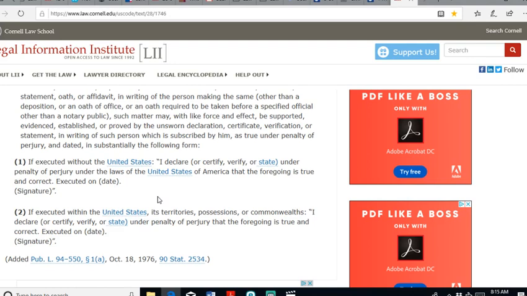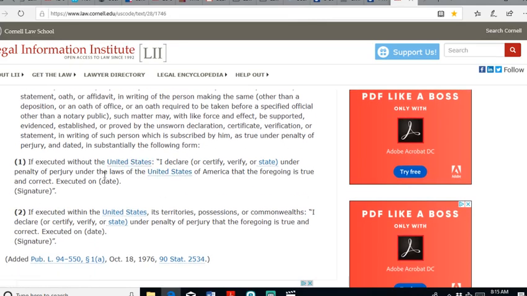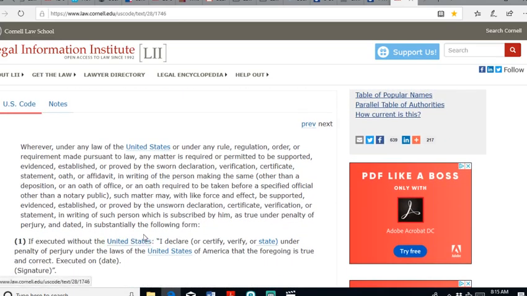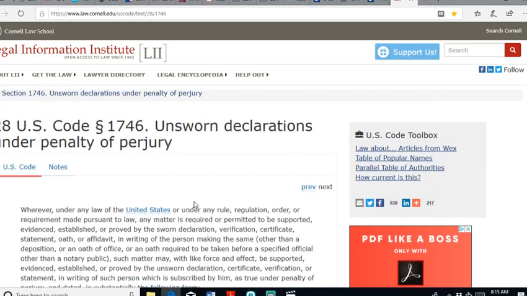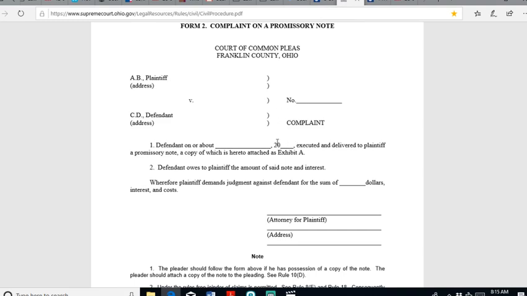So let's get back to filing the complaint. You file the complaint, you do this in the form of a jurat, and you put this on there, under the penalty of perjury, under 28 U.S. Code. Okay, go back to the complaint because I know I broke it up.